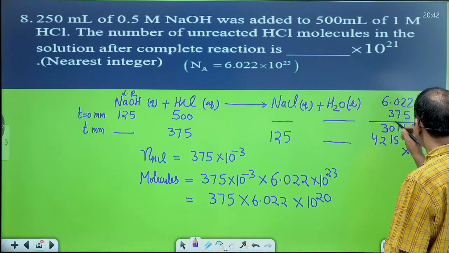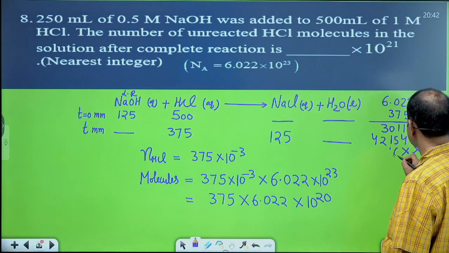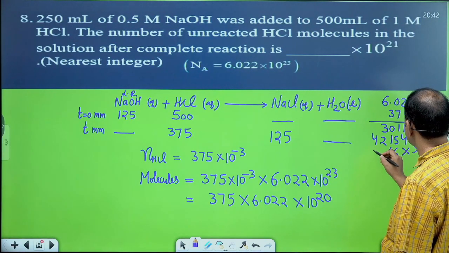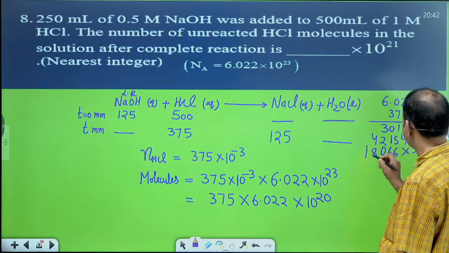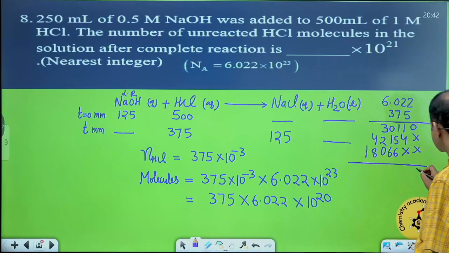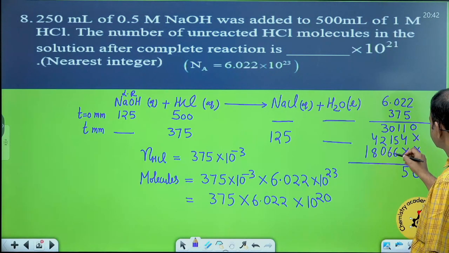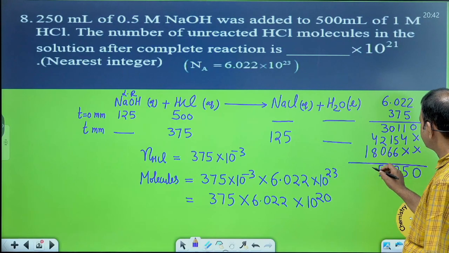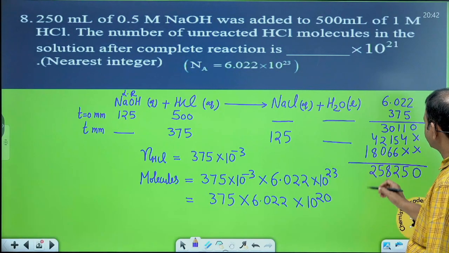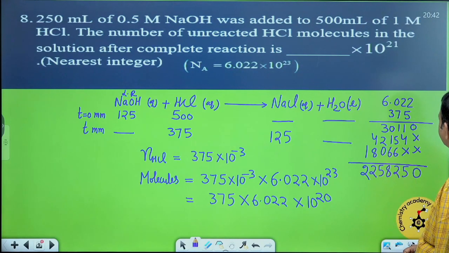Then multiply 6.022 by 3, so this will be 6, 6, and this will be 0, and here it will be 18. So if I simplify this, this value is equal to 0, this will be 5, this will be 12, and this is 8. So if we simplify this value, we are getting 225, right,